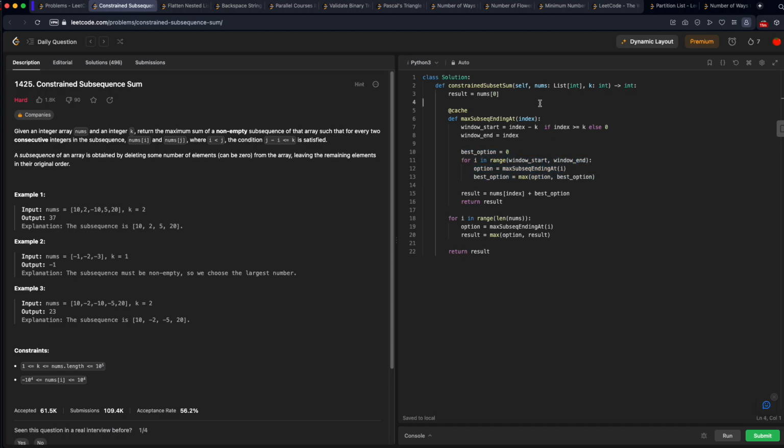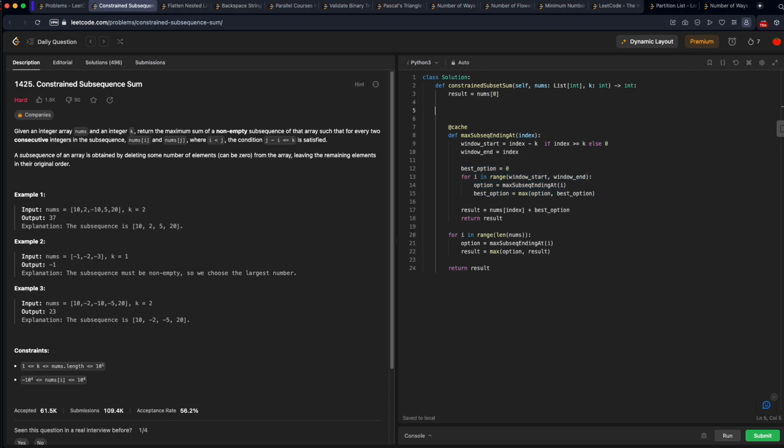Let's create an array here. I'll call this the window. And so the window will just be an empty array to start with. All right, I'm not going to call this window, because I'm not just keeping the window elements, I'm going to keep all of the elements so far. So I'll call this essentially max subsequence ending at